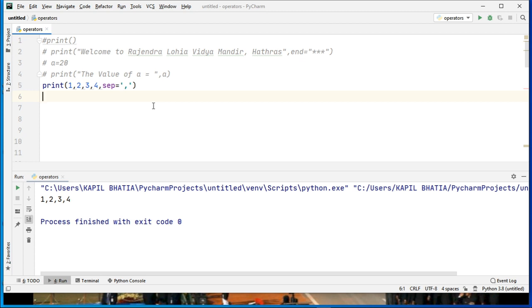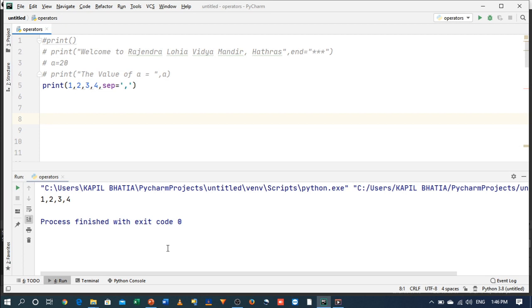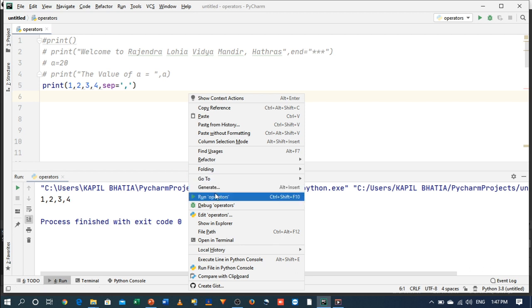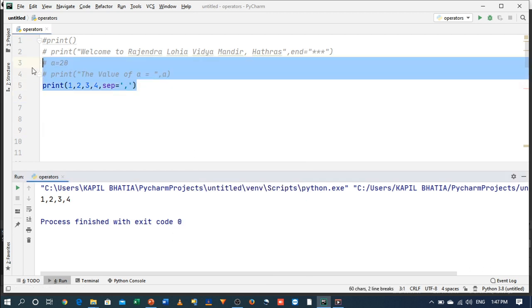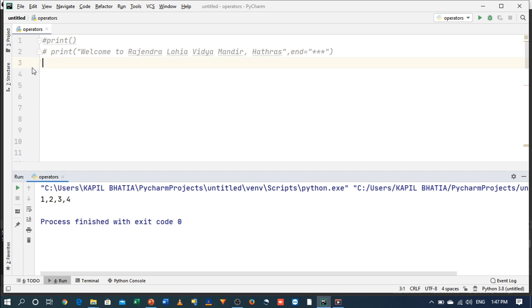Let us move on to the input function. Before discussing the input function, I want to discuss one more thing with the print function, that is placeholder. So I will show you an example so you can understand what is the use of a placeholder. Suppose I write here print, I love, here is my placeholder number 0, and this is my placeholder number 1, dot format.